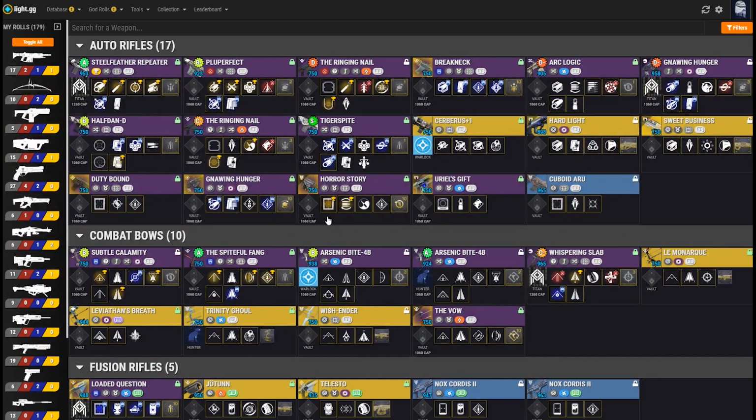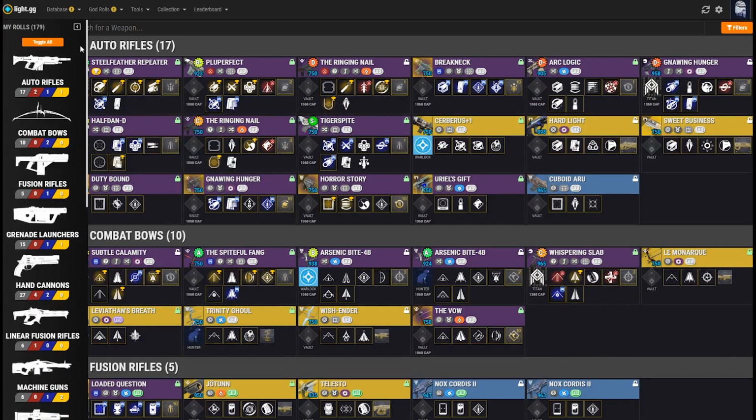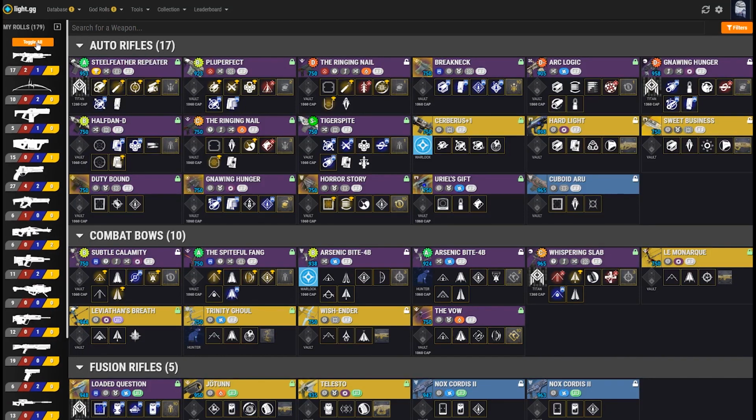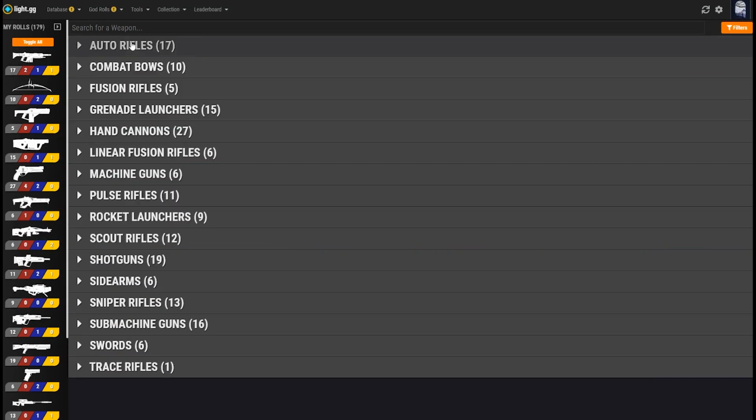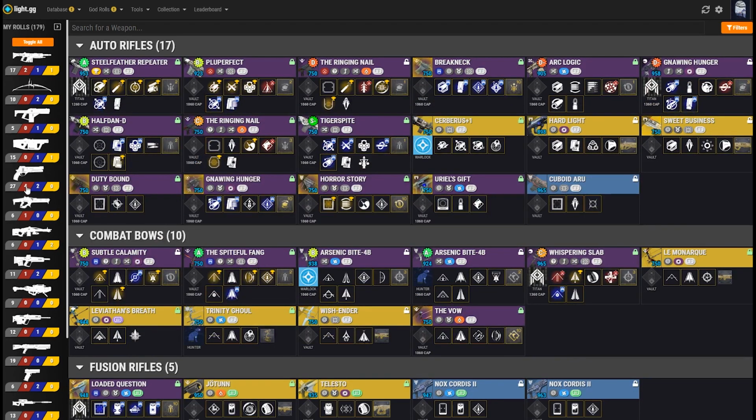This is where you land when you first pull up the Roll Appraiser. Let's start by looking at the list of weapon types on the left. You can click this right arrow at the upper right to expand the list out if you're not sure what the weapon type is just by looking at its icon, and clicking toggle all will either collapse or expand the main list. Clicking on any of the weapon icons will make the main list jump down to bring that weapon